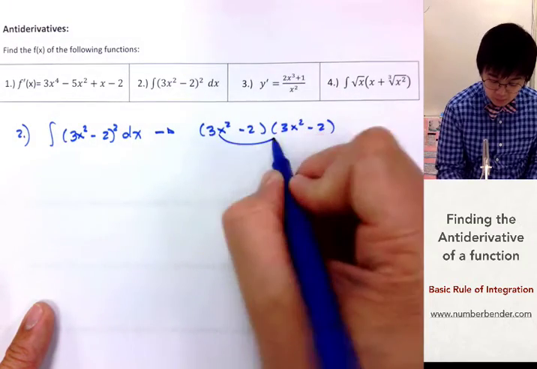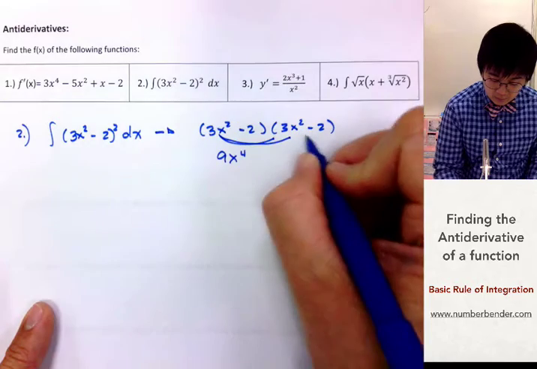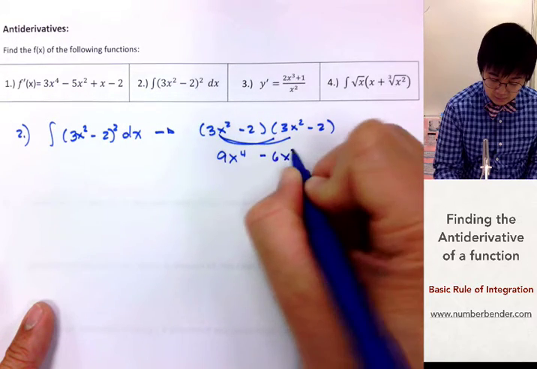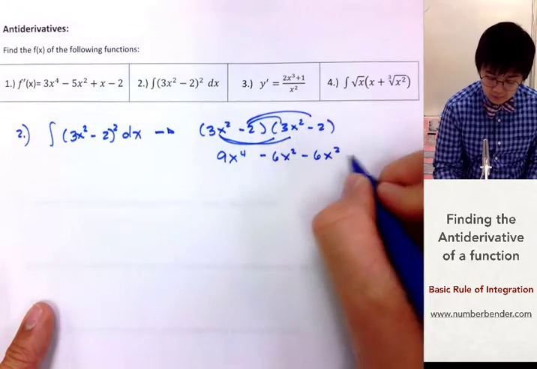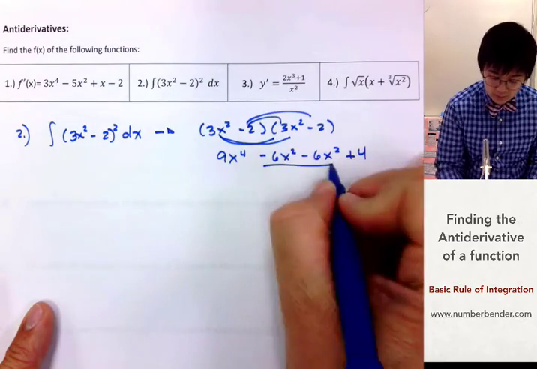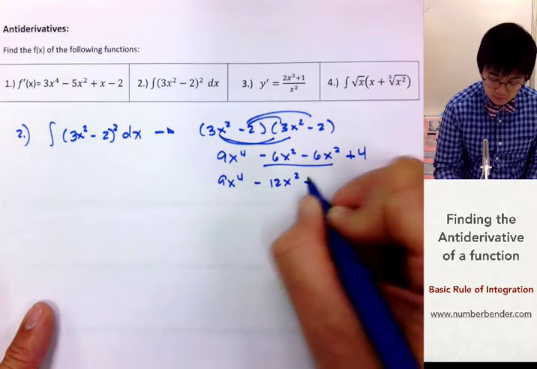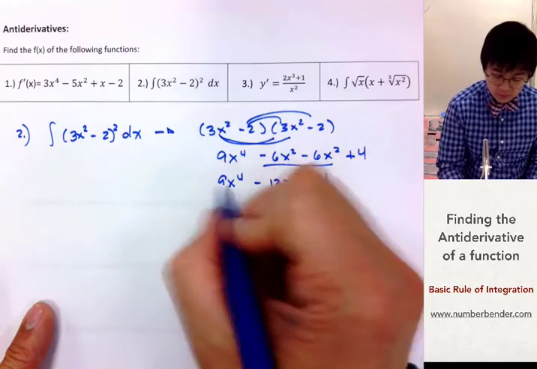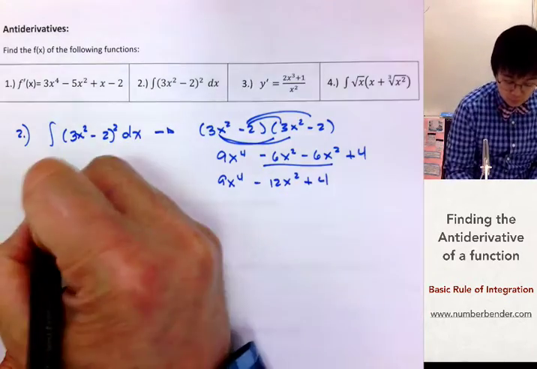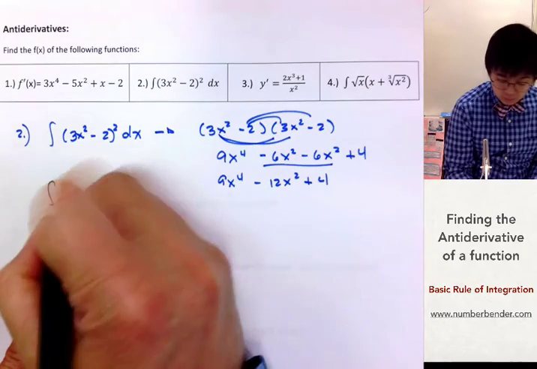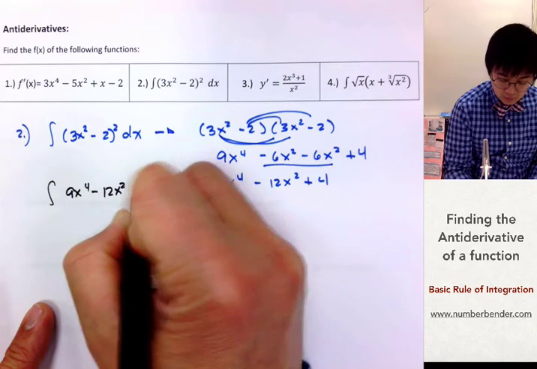By the distributive property, this is 9x to the 4th, negative 6x squared, minus 6x squared, plus 4. Add this up. So this is now our new function. The modified version of the function that we're going to take the antiderivative of would be 9x to the 4th minus 12x squared plus 4